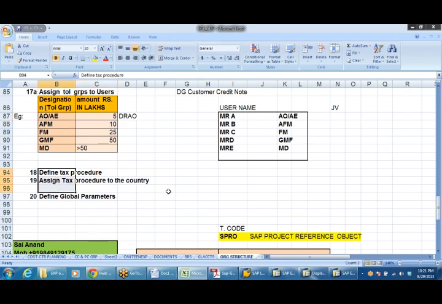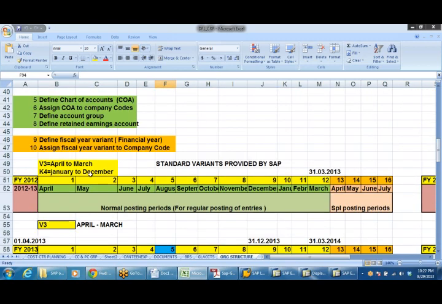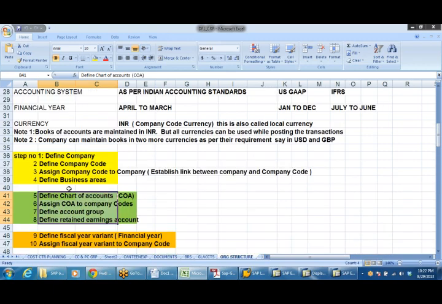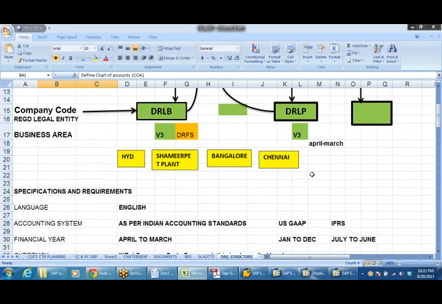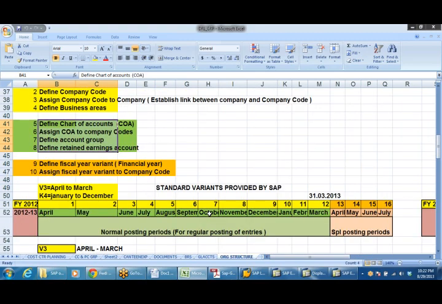Tax procedure will not have any impact for the time being. Whatever we have created, we have seen. Define company code. Whatever steps we have defined, every step has a meaning and a purpose.